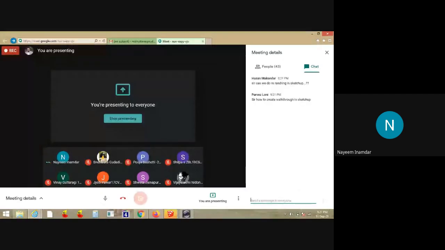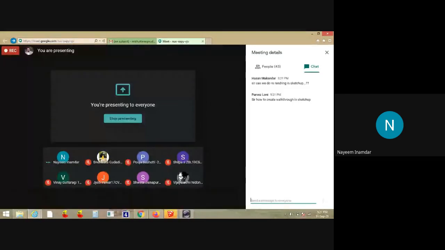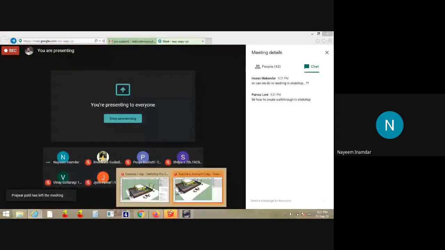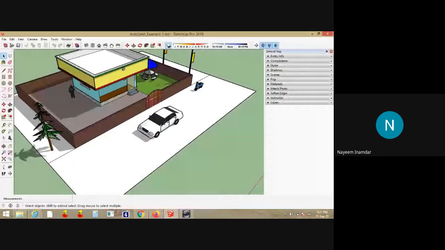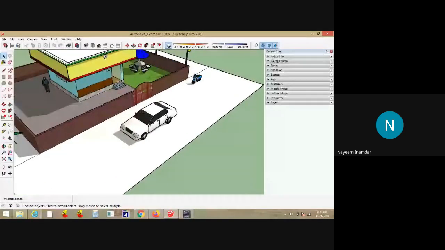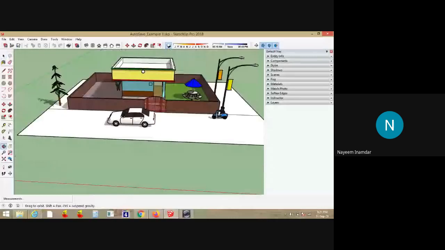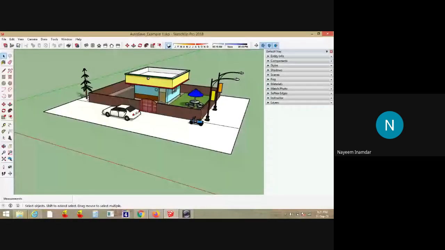Students, do you have any doubt? Sir, can we do rendering in SketchUp? It doesn't provide that much of rendering that you do in 3ds Max. This is a very simple tool. While saving any file in JPG format itself, you can have a different set of resolution of your choice. I explained the day before yesterday. I'll just once again show you.